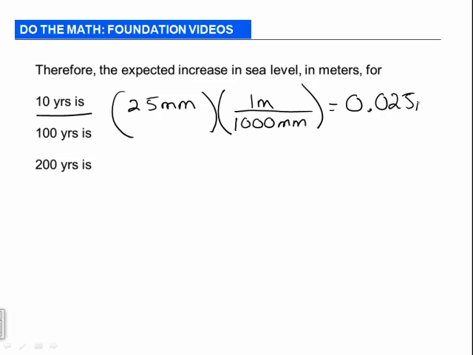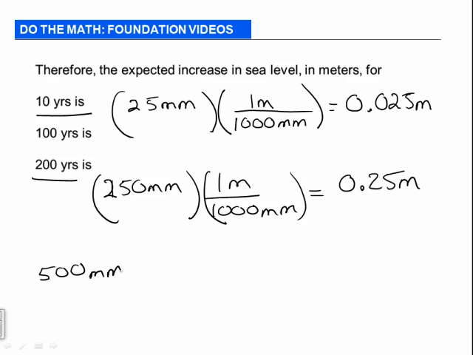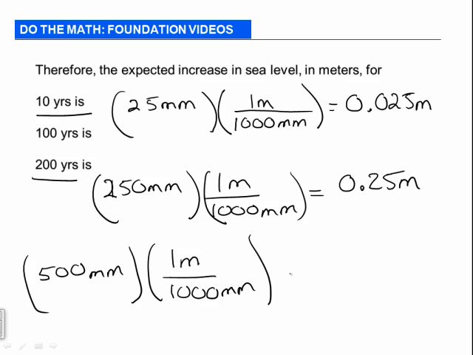0.025 meters. And for 100 years, that number, if you remember, was 250 millimeters. And you would multiply that by 1 meter over 1,000 millimeters. I say multiply, but you're going to divide because the 1,000 is on the bottom of that fraction. And you get 0.25 meters. And for 200 years, remember we had 500 millimeters. And then we're going to multiply that by 1 meter over 1,000 millimeters. And that will be